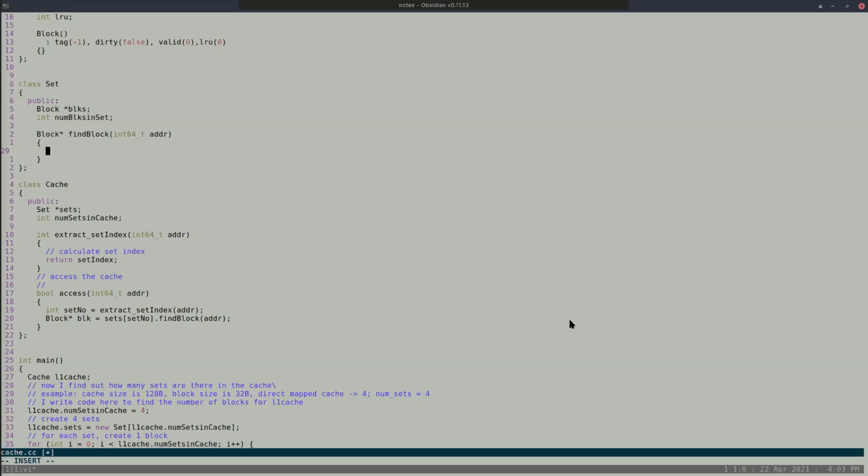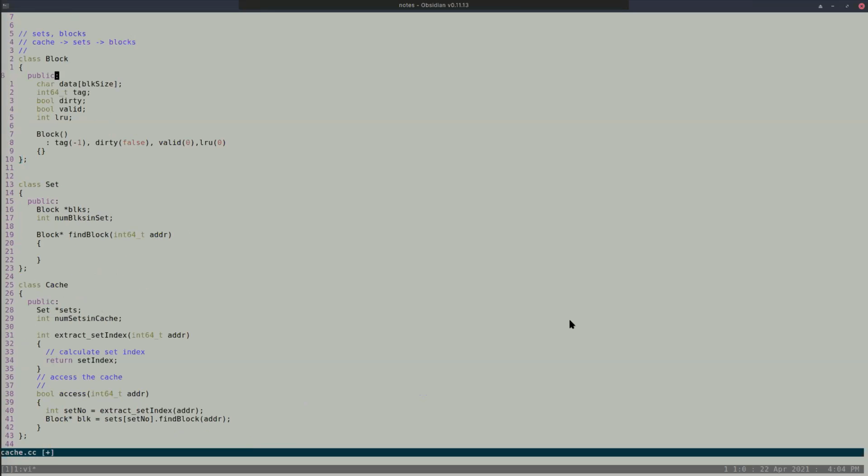Is the address stored in the set? It is stored in some particular block, right? You can see that it is stored here. So let's call it the address itself for now. We'll make it a tag later so that it's easier for you to understand. Forget about address tags. Once you understand this, you can add that same thing later.